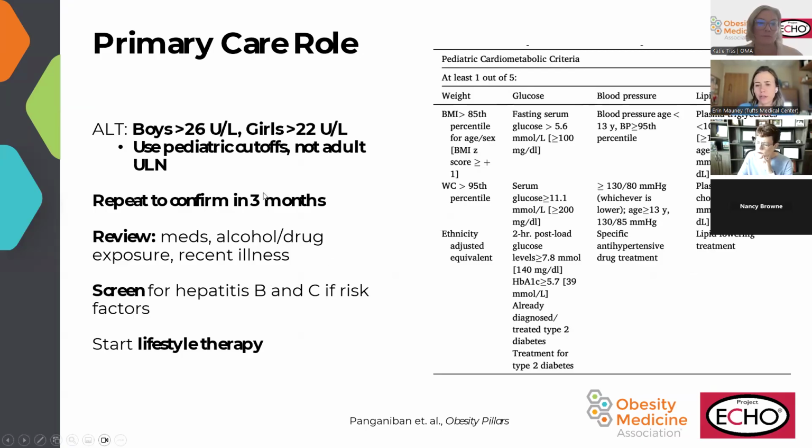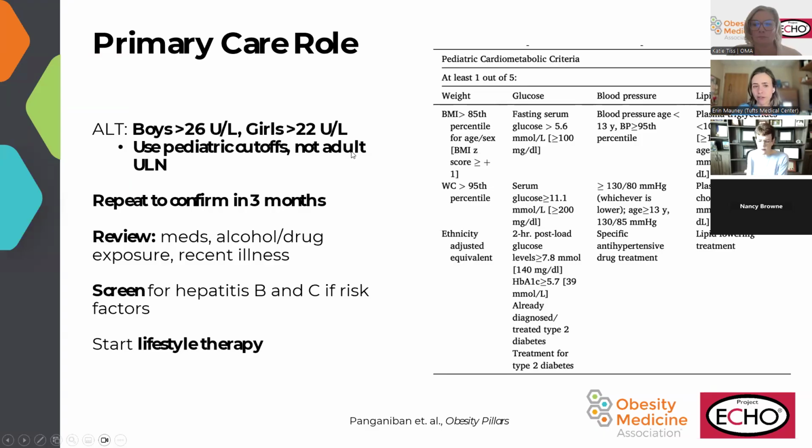So this is one really important piece that I wanted to highlight: we need to use pediatric cutoffs and not the adult upper limit of normal to say what is a normal ALT. The upper limit of normal in a lot of adult hospitals, including my own, is I think like 45 or somewhere in there. And if you just rely on the EMR to flag the ALT as red, you'll miss a lot of cases. In reality, anything for boys that's greater than 26 units per liter or girls greater than 22